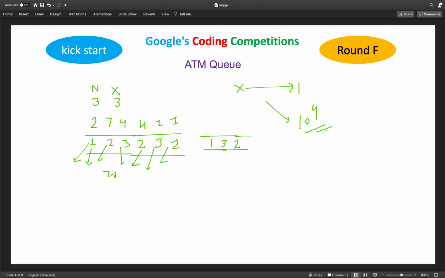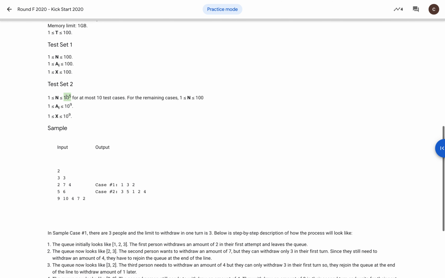So even with just one person in our queue, this loop will run 10 to the power 9 times, and that is a very time consuming solution. So how can we solve this more optimally? As you can see N is 10 to the power 5, so if we come up with an algorithm like O(N) or O(N log N), it is much better compared to this.